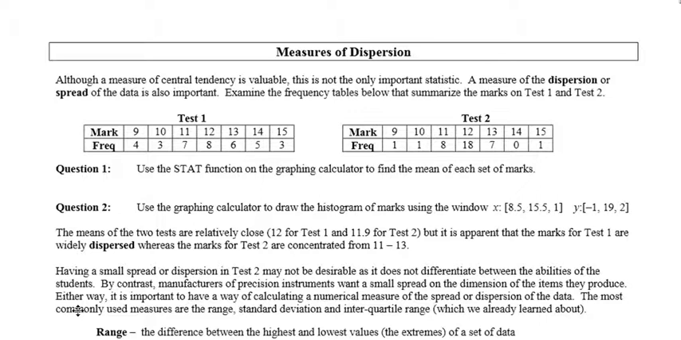In the first one, you'll notice that there are 7, 9s, and 10s here. There's 2 over here. There's 8, 14, 15s, and here there's 1. Right? So we have data that's more spread out. So we're going to use the stat function on the graphing calculator to find the mean of each set of marks. So